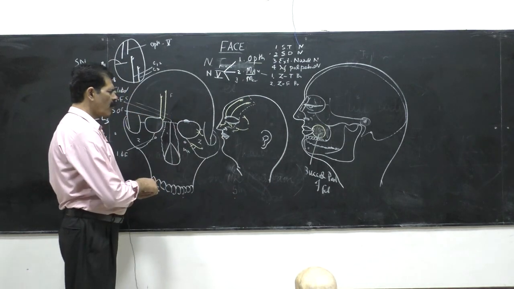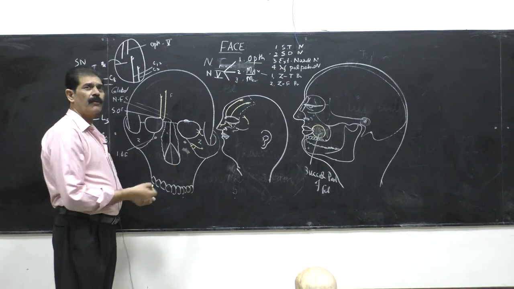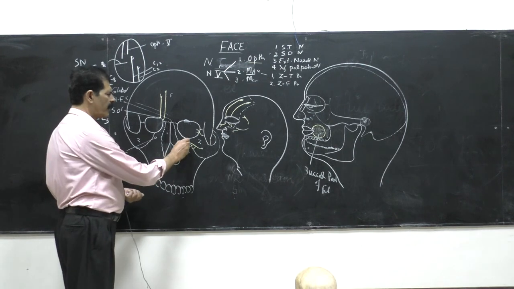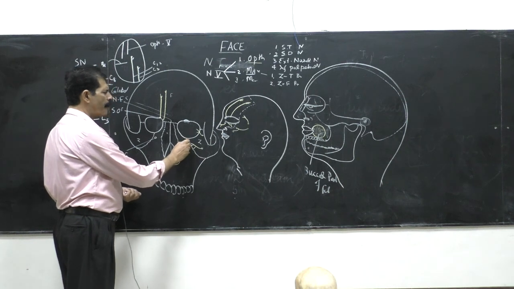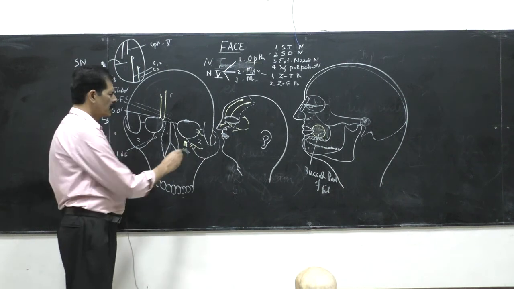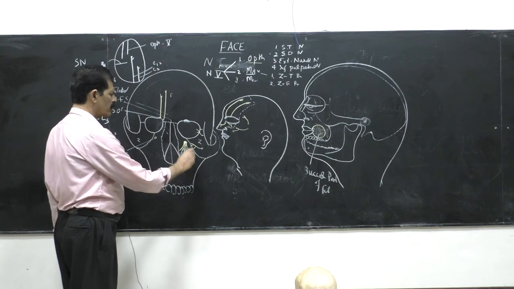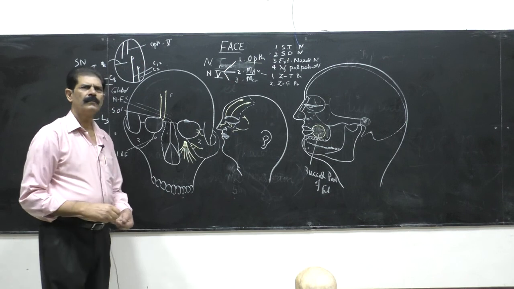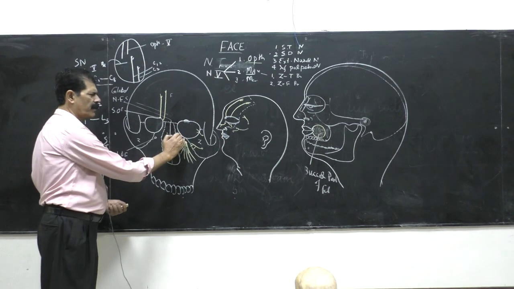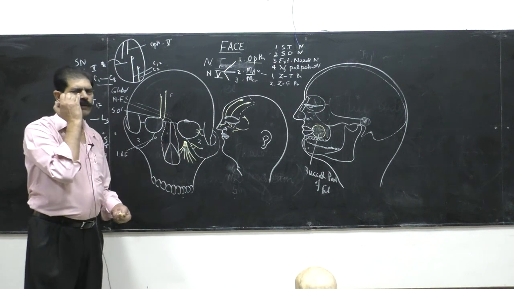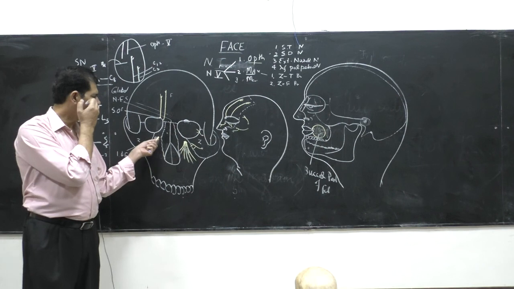Then there is the infraorbital foramen, which comes from the maxilla bone. The infraorbital nerve is a very thick nerve, the termination of the maxillary division, and it immediately divides into so many branches. It lies just below the inferior border of the bony orbit, about 1 centimeter. If you go medially from here, deep, you can feel this foramen. It's very big.